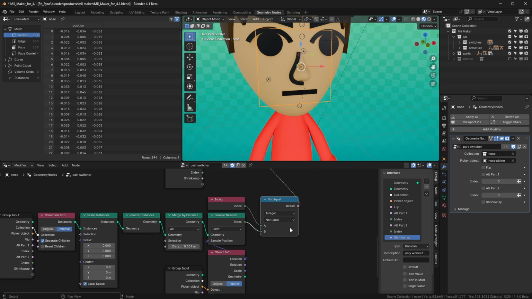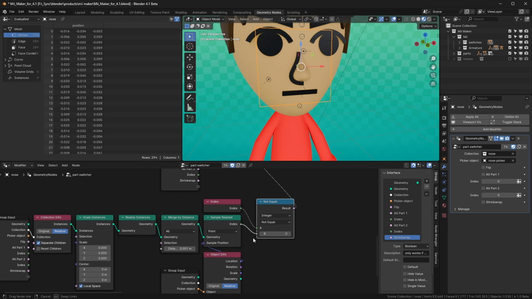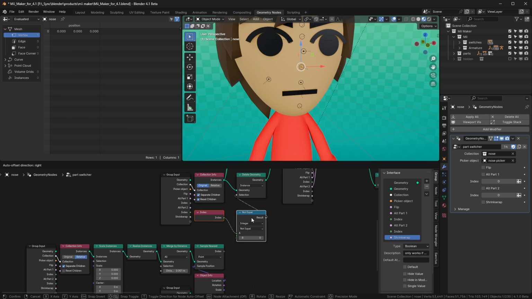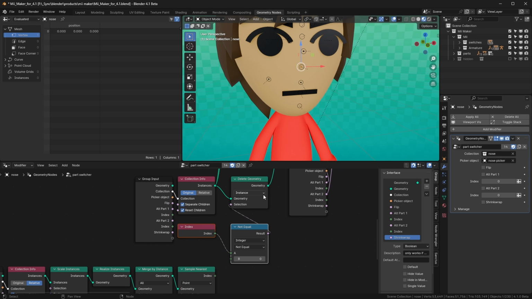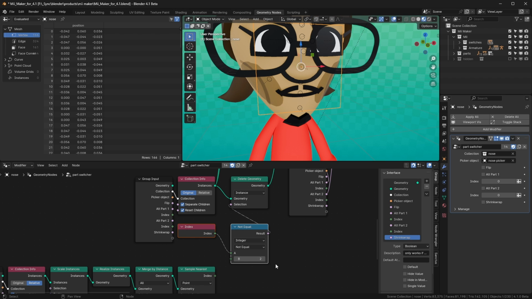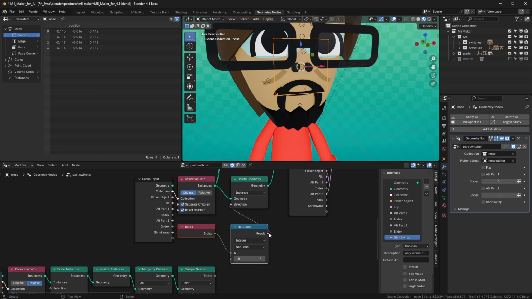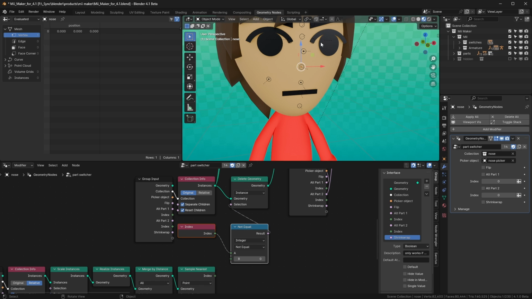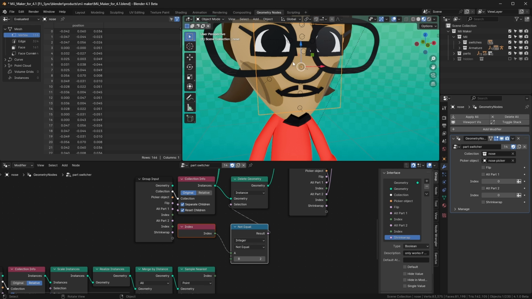So usually what I do is, you have a collection info going into delete geometry, and you're deciding which index you want. And this will choose. You can see all of these switching. So it's just choosing the first option for all of the parts, which is 0. Now it's choosing the second option, third option,